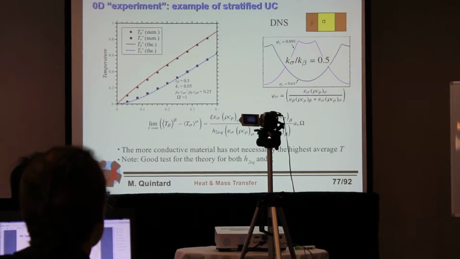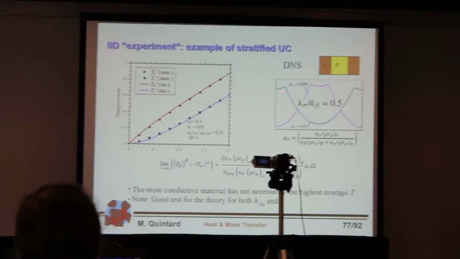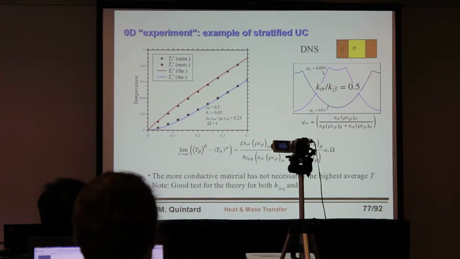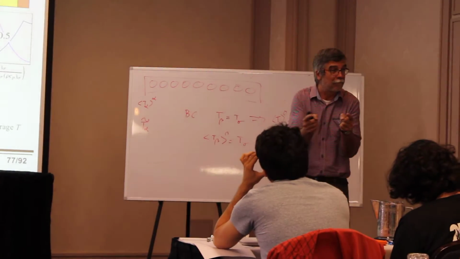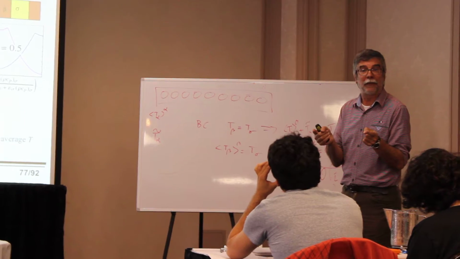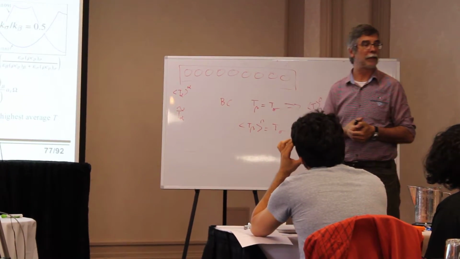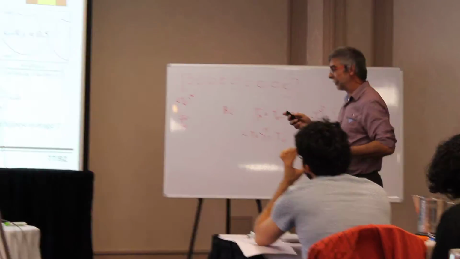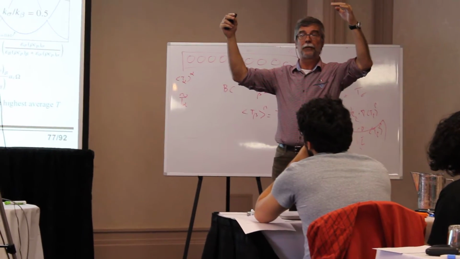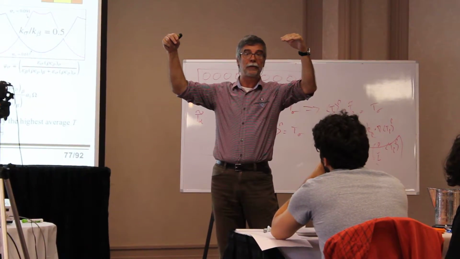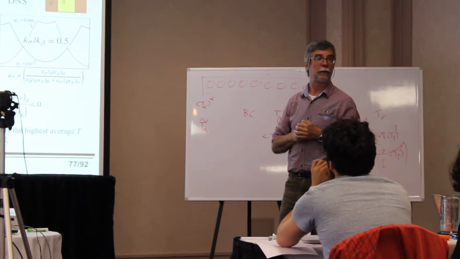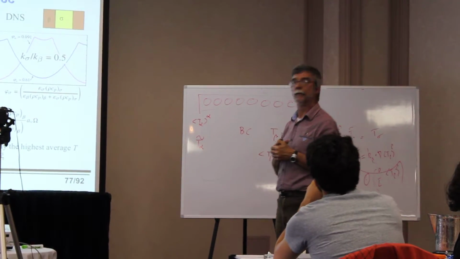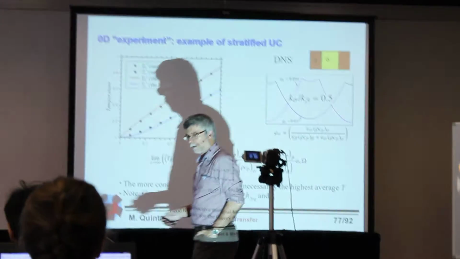This is correct if the beta phase is relatively thin, and I have that here, so I have a trough here. But if I increase the thickness of the beta phase, then there is heat resistance in the beta phase, which overcomes the fact that it has a higher conductivity. So I may have both situations. Either the highest temperature is in the highest conductivity material, or it might be in the lowest conductivity material, depending on the relative thickness of the two things. So you see that this is not a simple problem. It's quite involved, but you can understand all that with